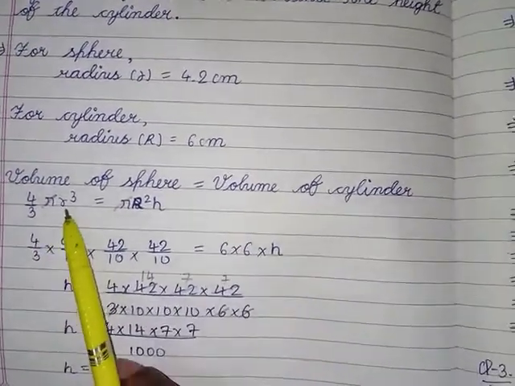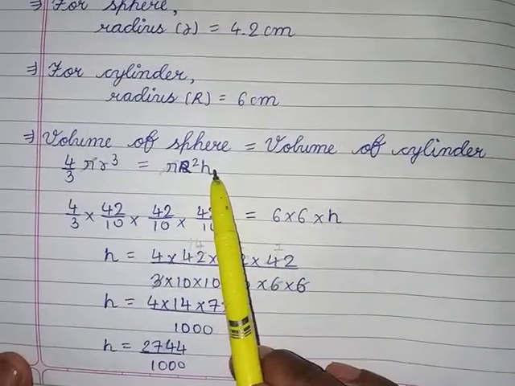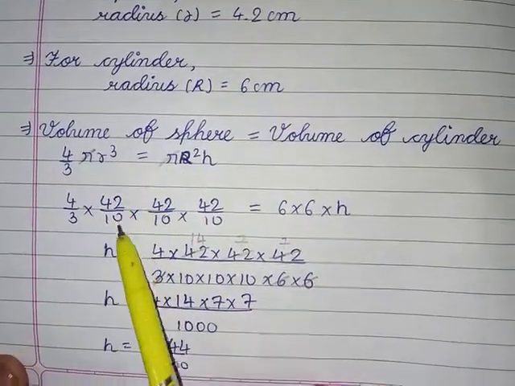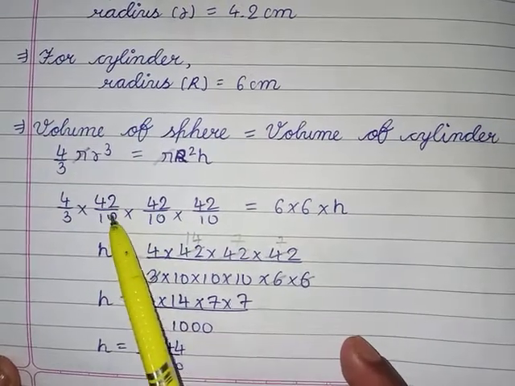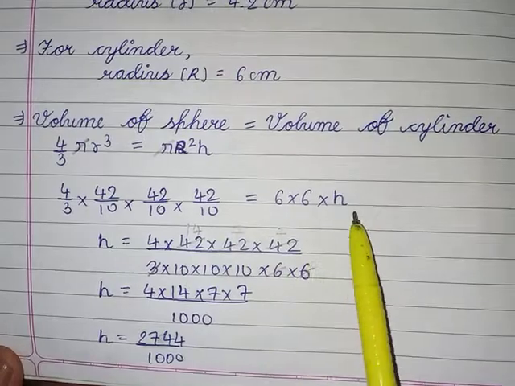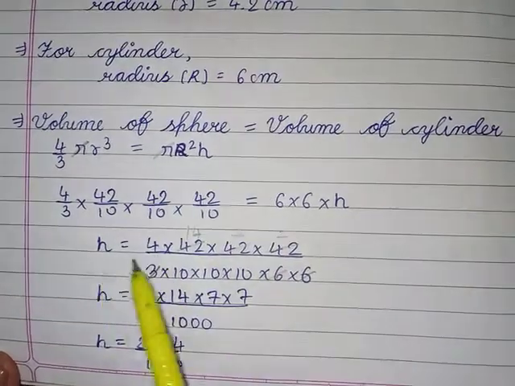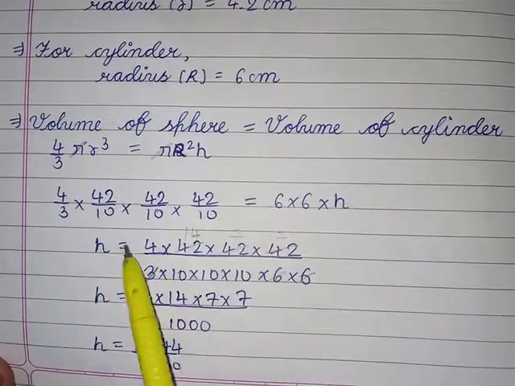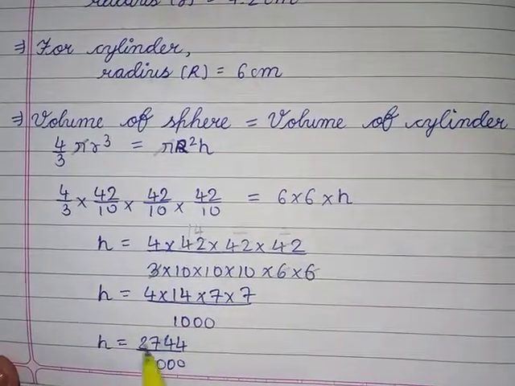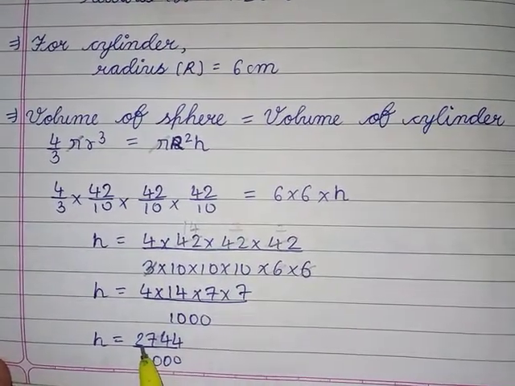4 by 3 pi r cube is equal to pi r square h. Pi and pi cancel out. R you have to substitute, which is 4.2. So 42 by 10, 42 by 10, 42 by 10, over 6 into 6. Make h the subject of the formula. If you make h the subject, this will come in division. If you simplify it, you will get h is equal to